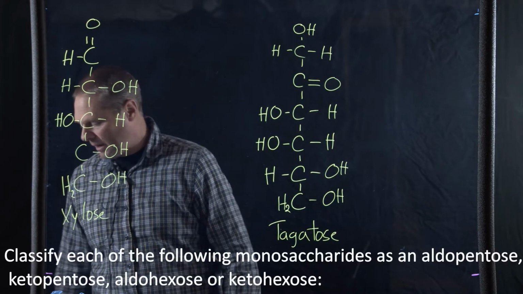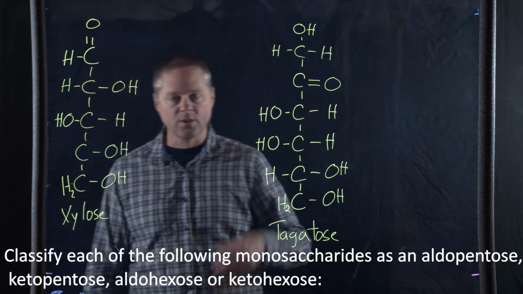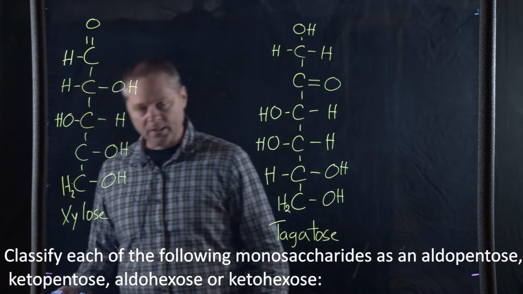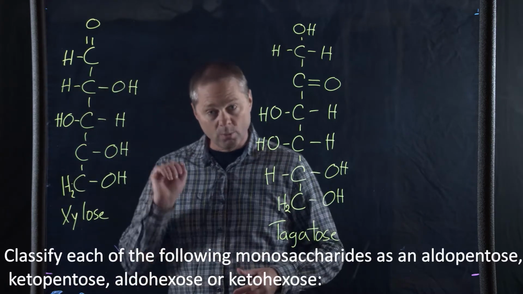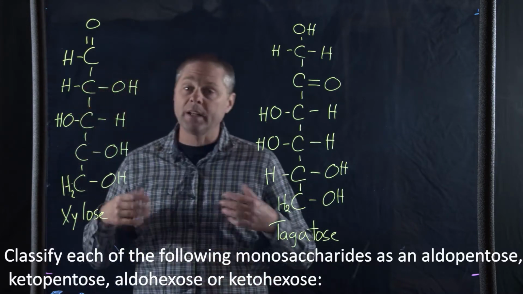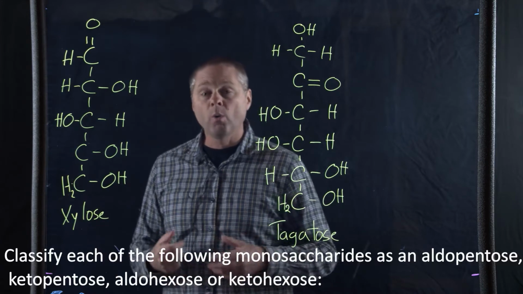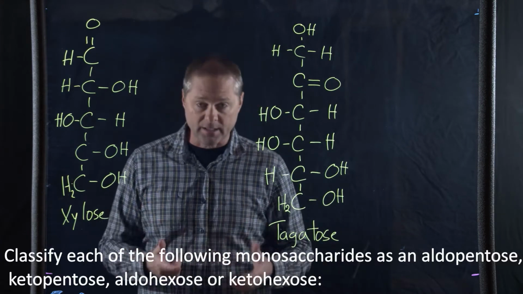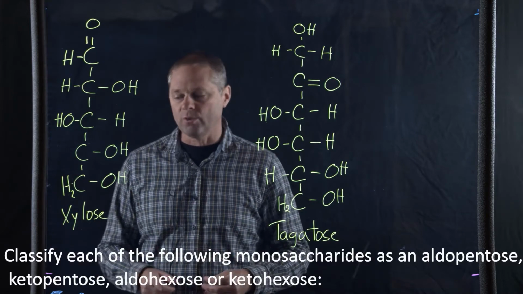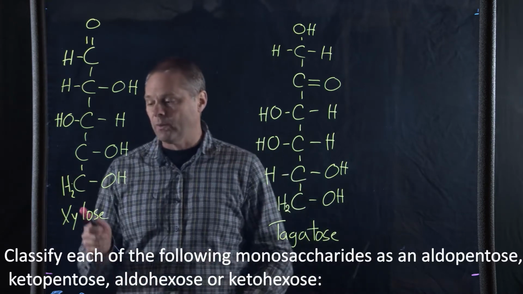So first of all, an aldopentose means it's going to be an aldehyde with 5 carbons. We can also have a ketopentose, which is going to be a ketone with 5 carbons. Or we can have an aldohexose, which is an aldehyde with 6 carbons. Or we can have a ketohexose, which is 6 carbons that happens to have a ketone associated with it. So let's first start out with the